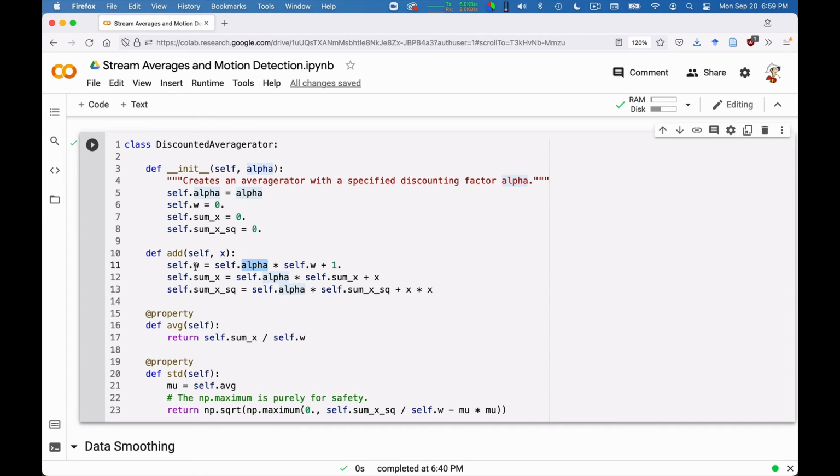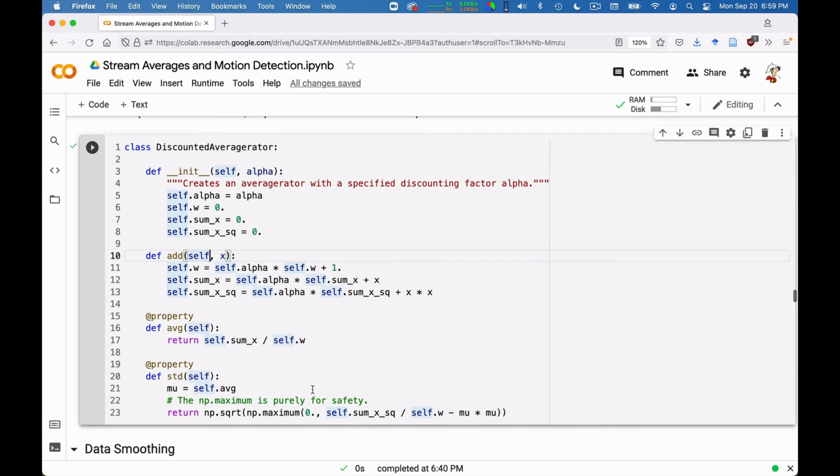So when I compute the new weight, it's equal to the old weight times alpha plus 1. Before I had self.n is equal to self.n plus 1. Now I discount the old value. The same I do for the sum of the x's, and the same I do for the sum of the x squares. So this is the difference in how I do the update. And actually the formula for computing averages and standard deviations is exactly as before. There is no change.